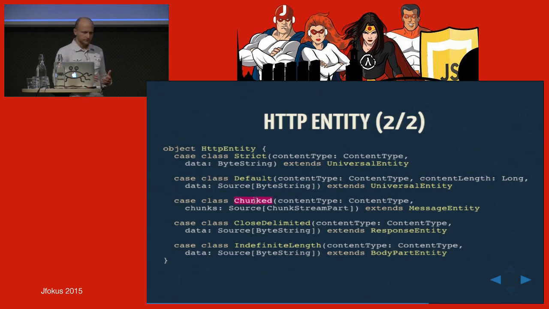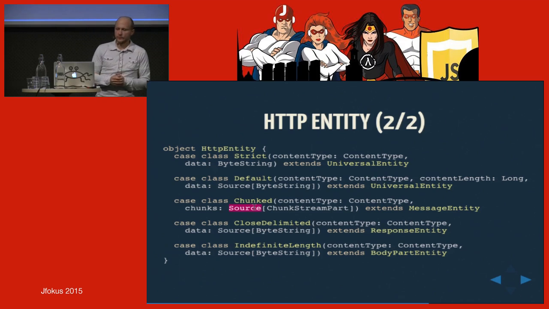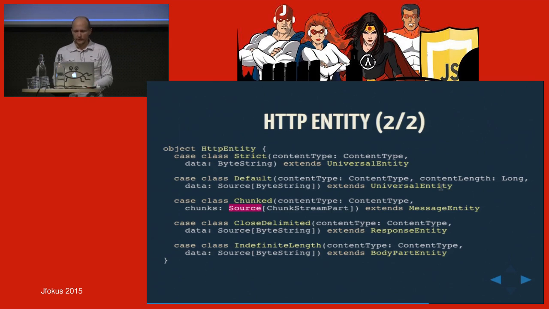Now for chunking, it's similar. I have a content type, no content length, because chunked messages don't have a content length, and I have a source of chunks rather than byte strings. And these chunks I can produce in any way I want. So this is good for streaming. And I don't need to know how long this whole thing is going to be, because HTTP allows us to send it without that. Now I can use that not everywhere, but I can use it on requests and responses,